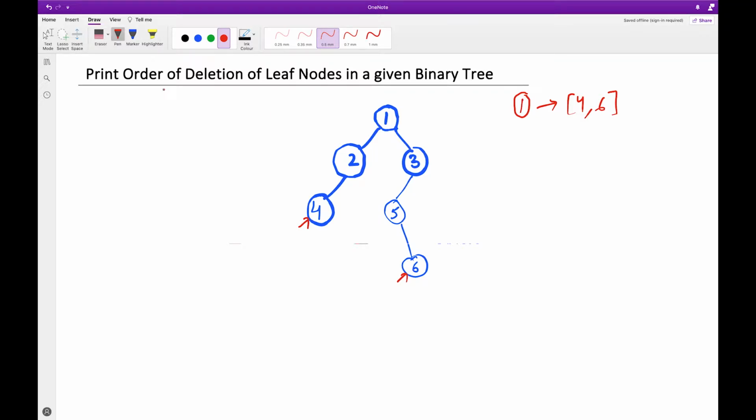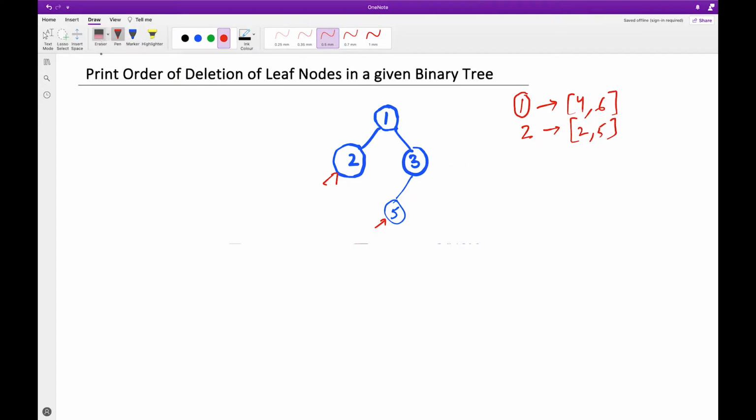When you see, for example, I'm deleting now, 4 is gone in the first iteration and 6 is gone in the first iteration. Now for the second iteration the leaf nodes are 2 and 5. So in the second iteration I have 2 and 5 as the leaf nodes.